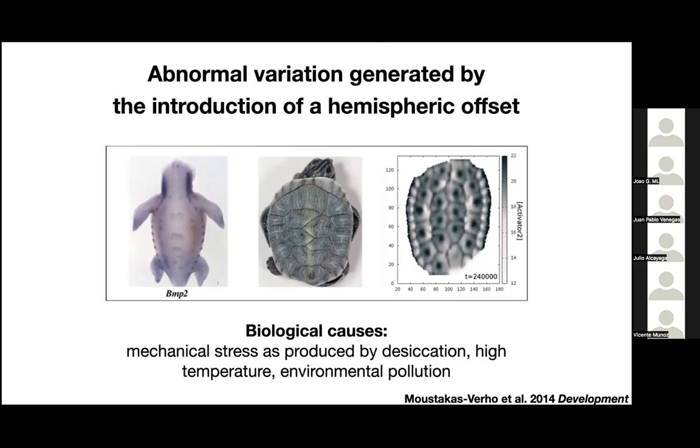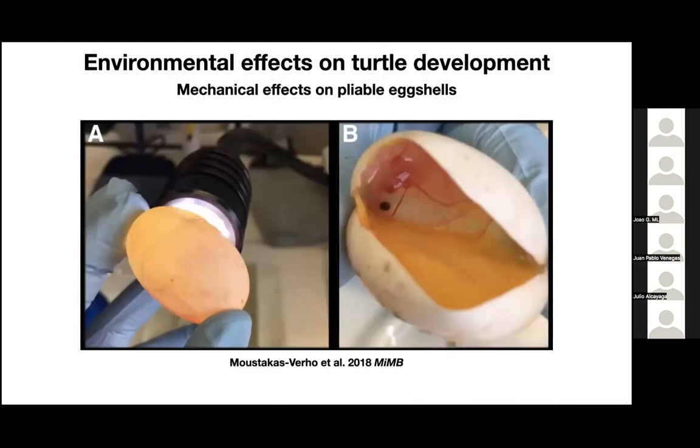And this is consistent with what we would think, given studies many decades ago of people just studying scute patterns from hatchlings, that this could be produced by something like mechanical stress, such as would be caused by desiccation, high temperature, environmental pollution, because many of these turtles have pliable